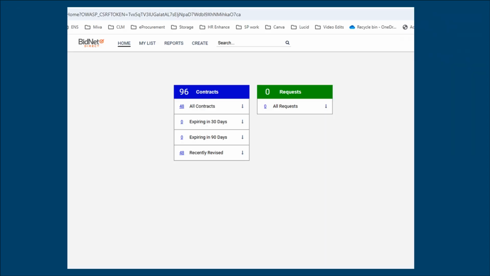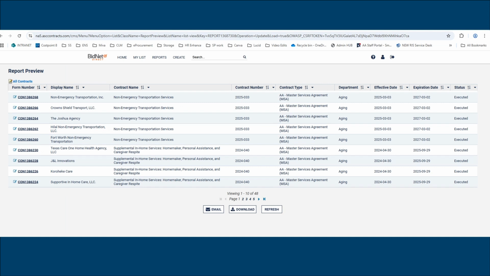This is the home page many users will see upon login, although it's important to note that your actual screen view might vary depending on your user role or permissions. For the purposes of demonstrating how to access contracts, we'll simply click on the link underlined in blue showing the number of all contracts. Clicking the number link will bring you to a list of all of the contracts for